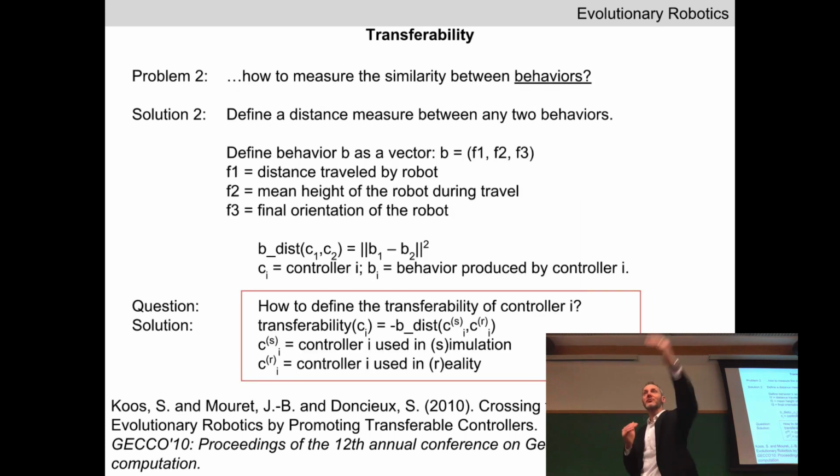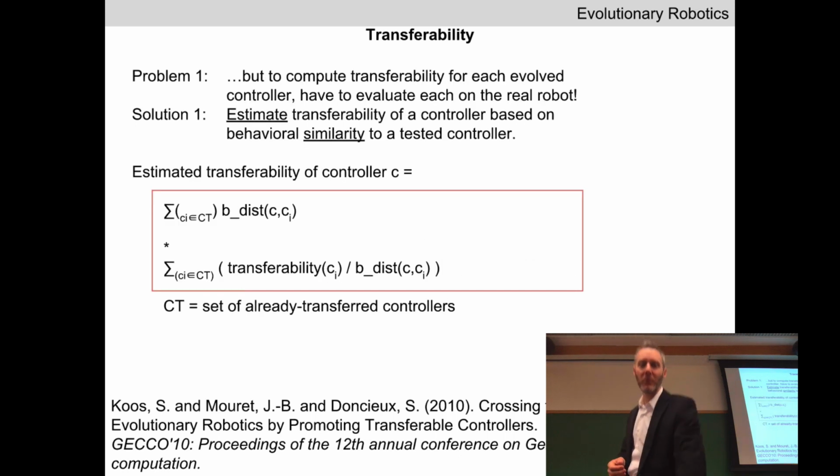Assuming we actually transfer something to reality, it's relatively easy to calculate transferability. But remember, we want to be able to try and estimate or predict transferability before we send something to reality, right? We need to be able to plot the horizontal position of a point, which is our prediction about how transferable that solution actually is. So how do we do that? Well, we're going to multiply these 2 terms together. Let's focus on the second term first.